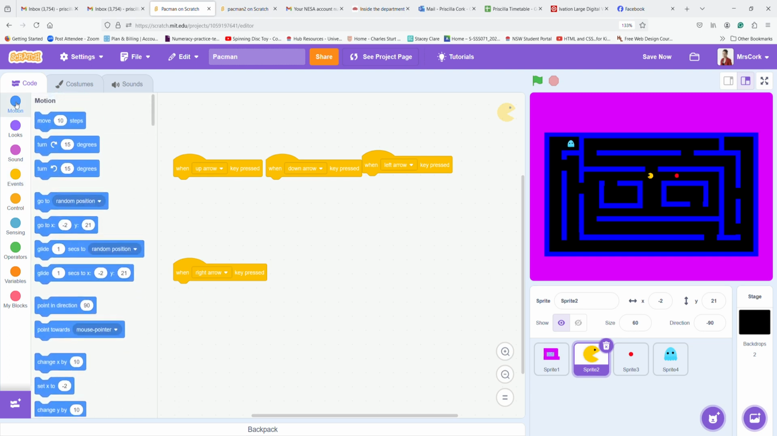Okay, so what we want to do is we want to point in a certain direction and we want to move. So there we go, there are our 2 blocks. And for each of our arrow keys, we're going to point in a direction and move. So we can bring that in